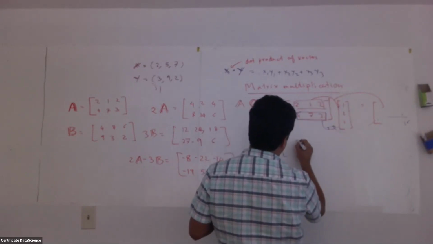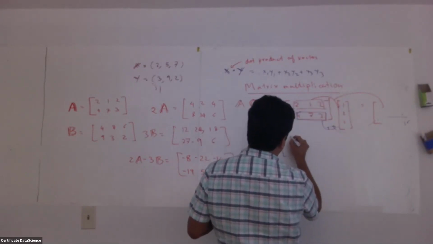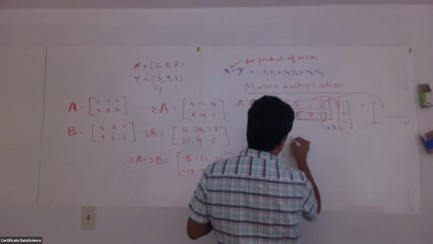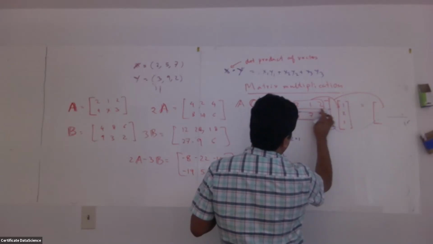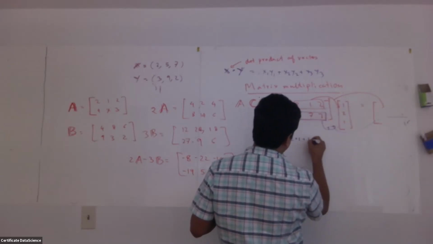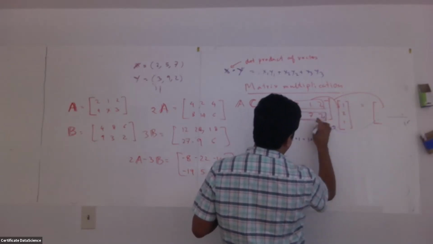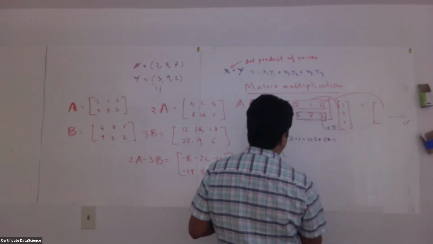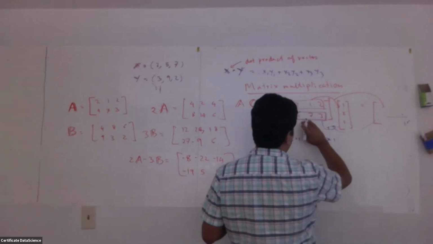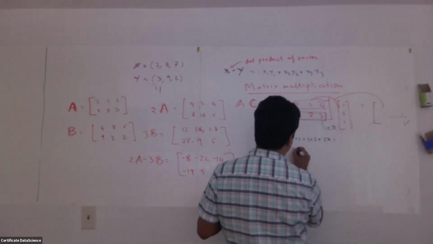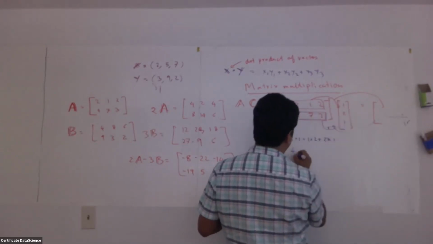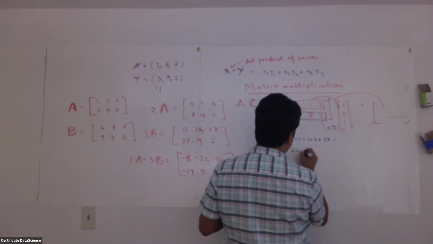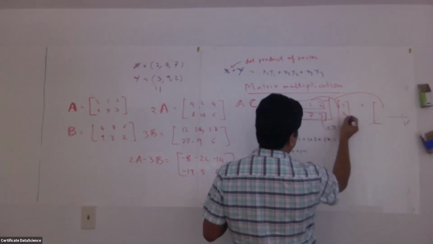So think of it like this slice: 2 times 1, 2 times 1, times 2, add them, 2 plus 2 times 1. That's for the first row. And again with this, 4 times 1, 4 times 1 plus 7 times 2,